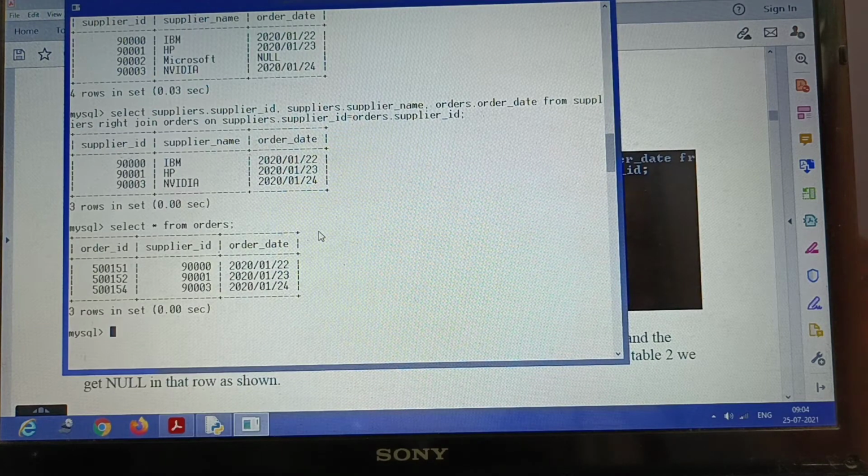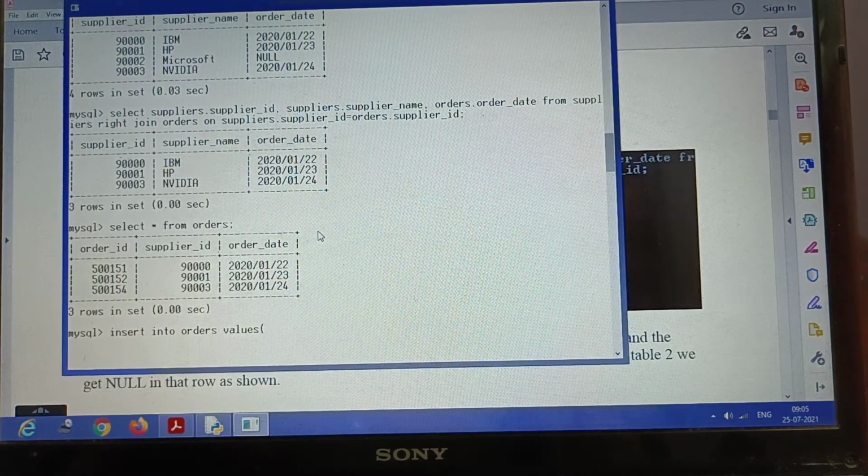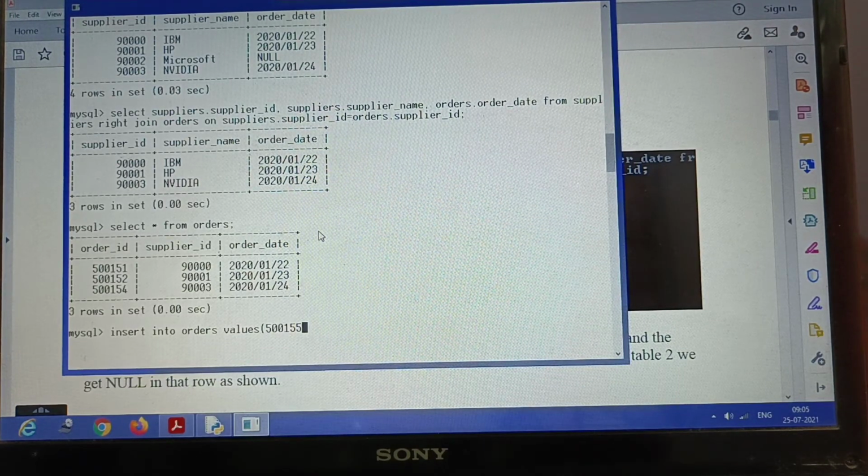So the command will be to insert into orders values. Since order_ID and supplier_ID are all integers, I can take 5000, 500, 155.